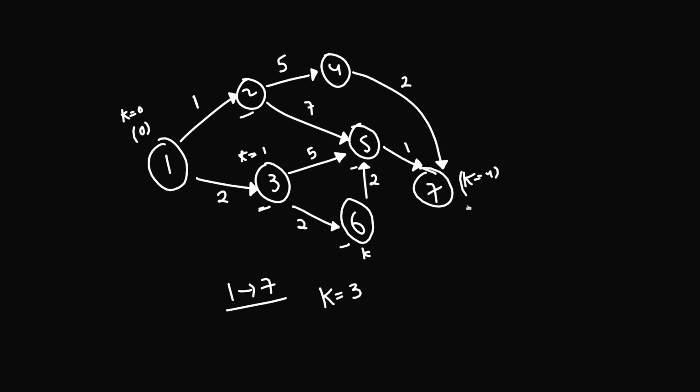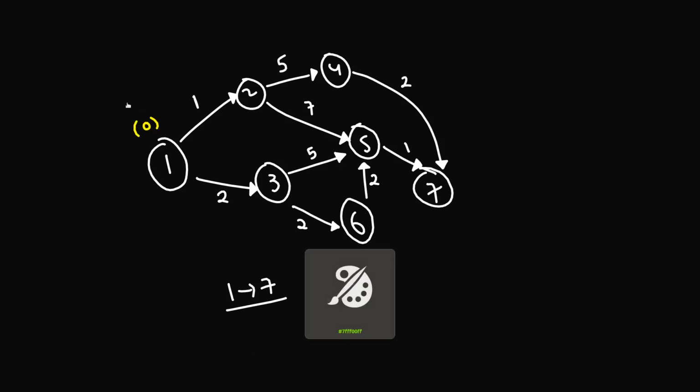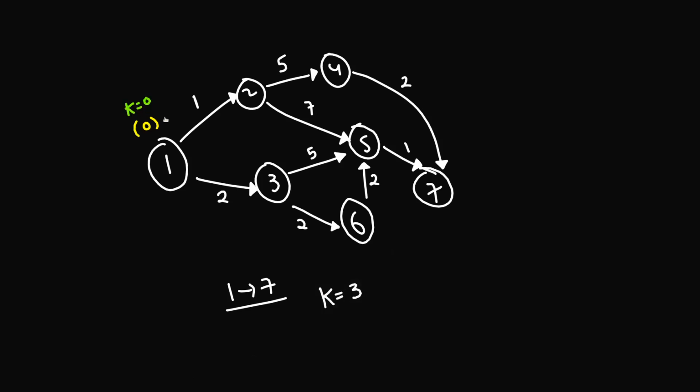So we'll try to see how we can solve this problem. This is exactly Dijkstra, as I said before, with an additional constraint of this k that we have here. What we'll do is first start with this city. Since this is the starting city, the cost of traveling to this city is 0, and the value of k is also 0, because I haven't actually covered any city in between.